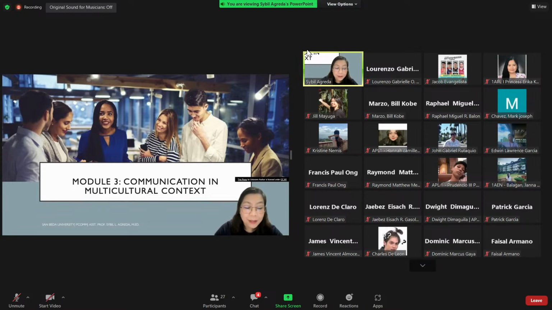The criteria in the evaluation: one, effective slide presentation is 10 points, and then clarity of the discussion is also 10 points. Any violation in the set guidelines will be given minus 2 points. So if you are over 5 minutes, minus 2 points. If there is a violation in the font style or the technicality of your background and the text color, minus 2. Then lastly, submit the video link or the video uploaded in Canva